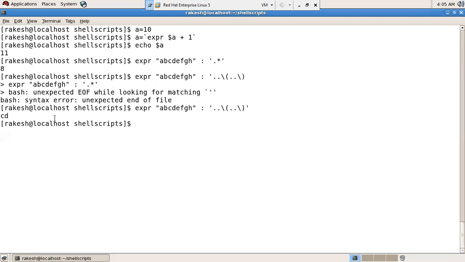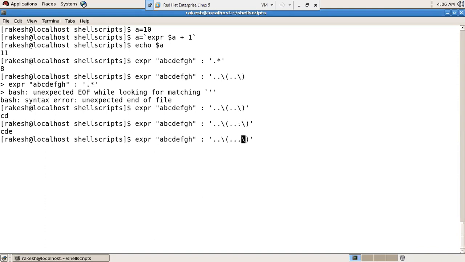See, this is CD. It's a substring. What is this going to match? The substring CD. So 1, 2, 3, 4 characters: the third and fourth characters will be matched. If I write this, C, D, E will be matched. 1, 2, discard the first two characters, so it matches the 3rd, 4th and 5th characters. That's it.